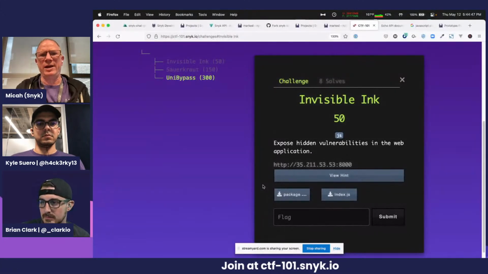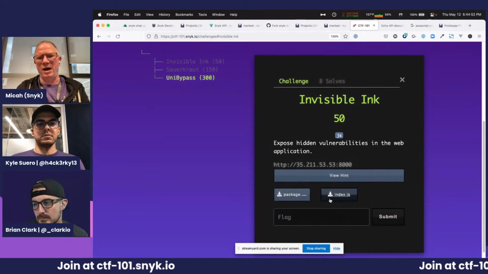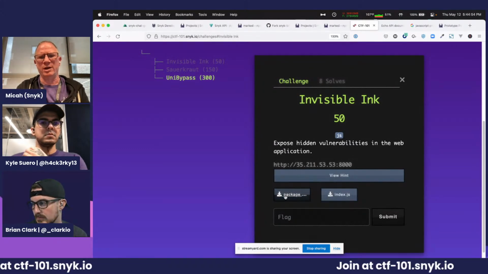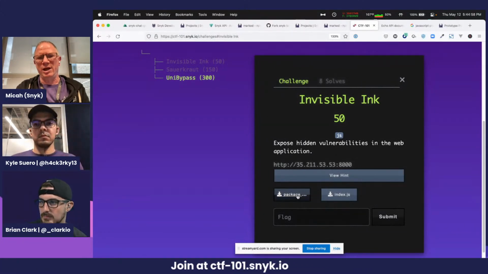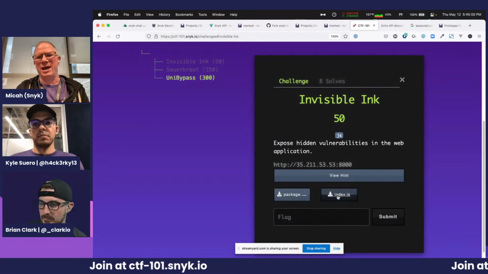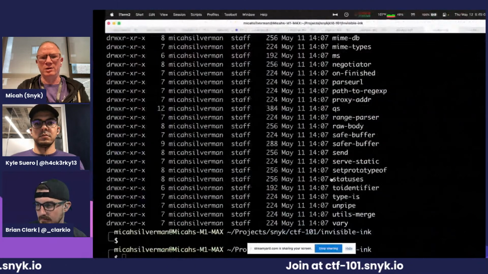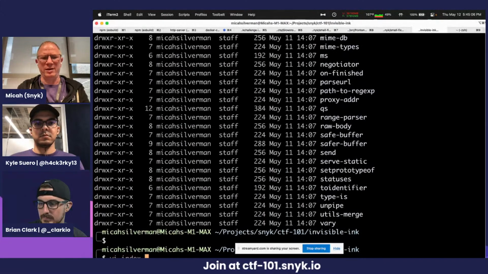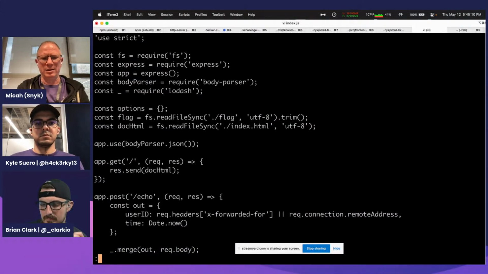It's often not the case that we get the source code. In this particular case, these two files here, and it's easy to overlook them, are sitting here in the Invisible Ink challenge. And when you click on them, you can download them. So you definitely want to download these two files, because the last part of the hint that we're going to give here is to take a look at